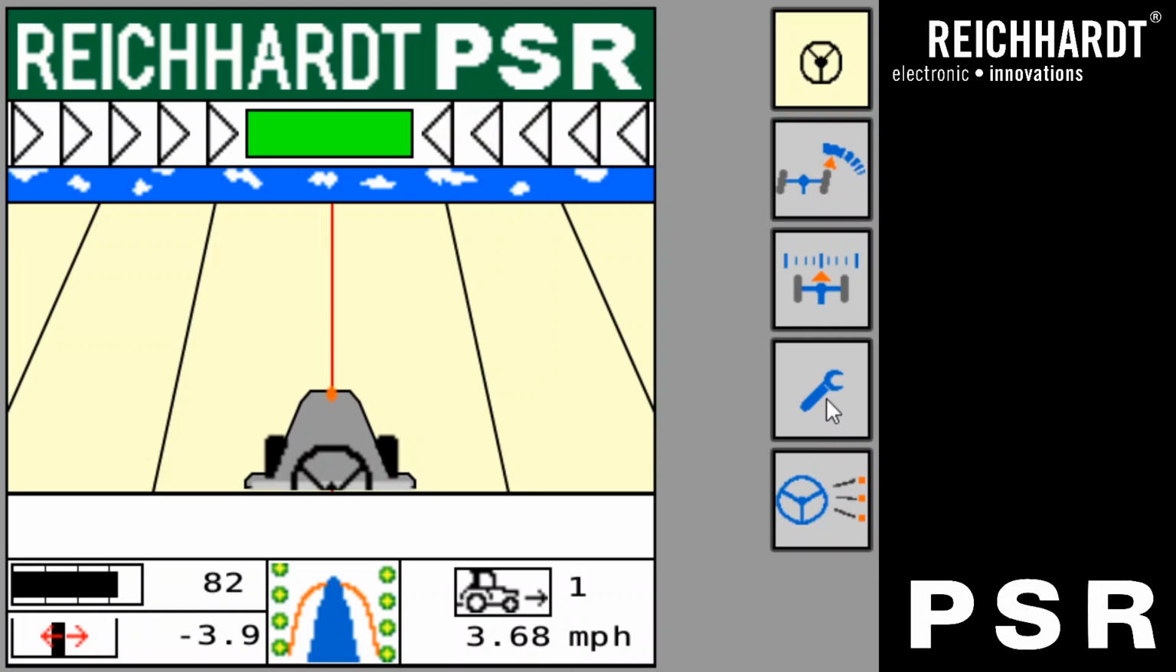The next icon down is the wrench icon. This is where we can access our configuration menu. And to access the configuration menu, we need to make sure that we're in the TAC steering mode. To change our TAC steering mode, we need to select the icon in the bottom right hand corner,